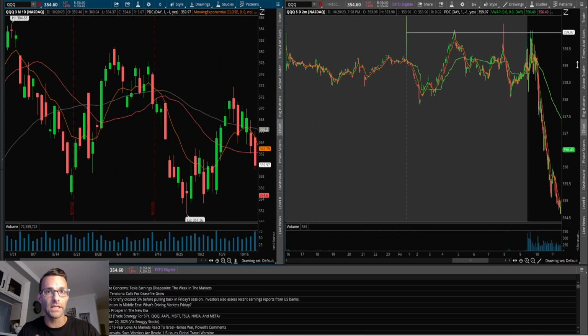Now let's focus on the other side, shorting stocks. So this is the QQQ, and this is after we kind of broke out of the range. So obviously wanting to pay attention to the direction, what happened the prior day, and then trying to go with the flow of that short-term trend, especially when there are major supports that are broken, that could be the start